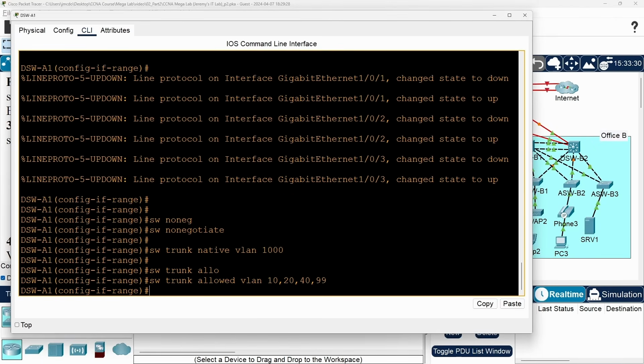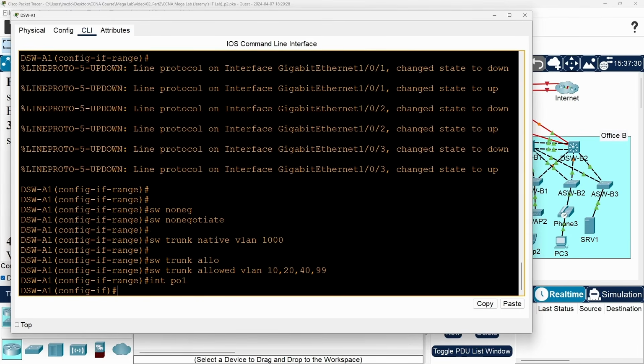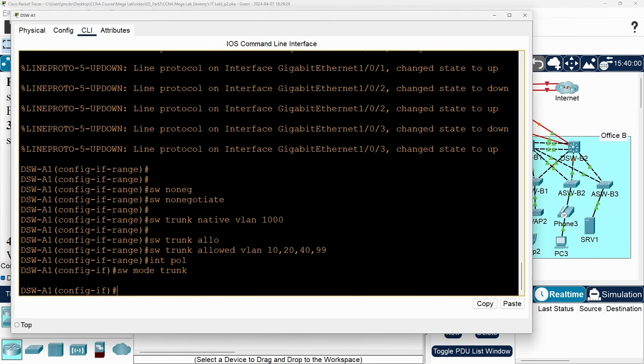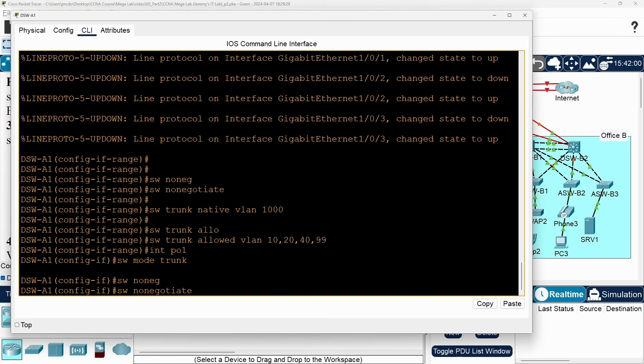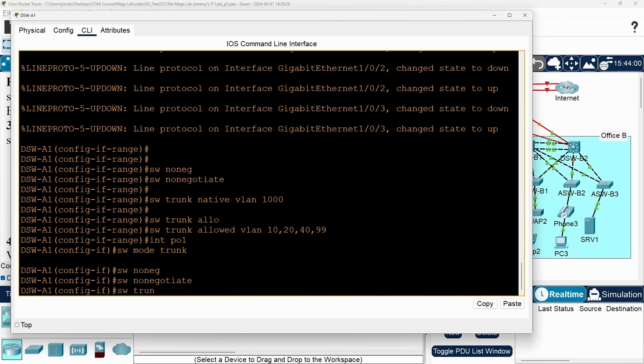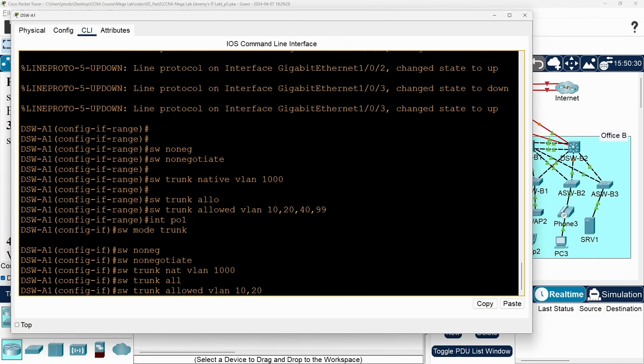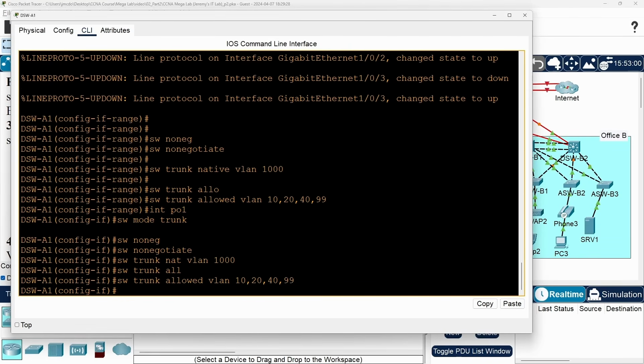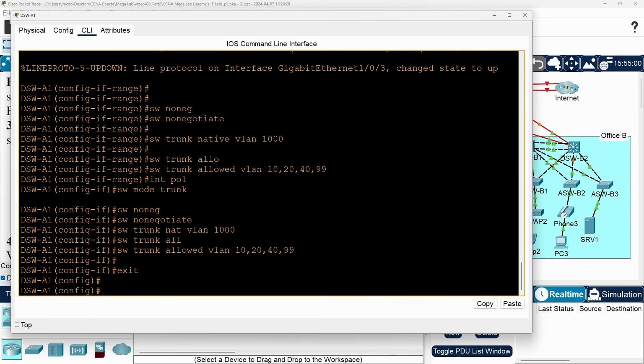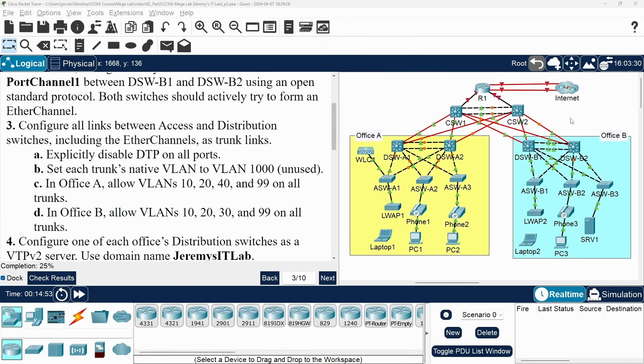Next, I'll use the same commands on port-channel 1. Interface port-channel 1, switchport mode trunk, switchport nonegotiate, switchport trunk native vlan 1000, and switchport trunk allowed vlan 10,20,40,99, and then exit. Okay, we're done configuring dswitch A1. These commands will be similar on most switches, so I'll just copy and paste the commands on the others.